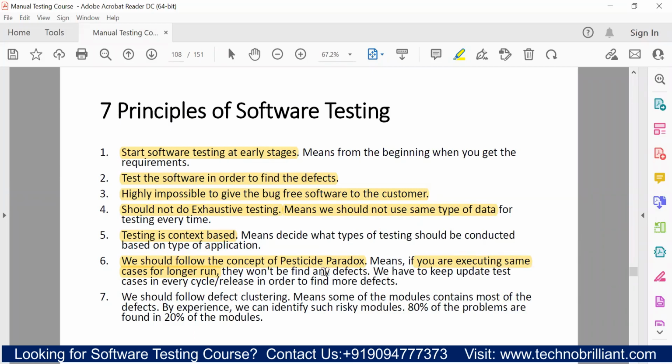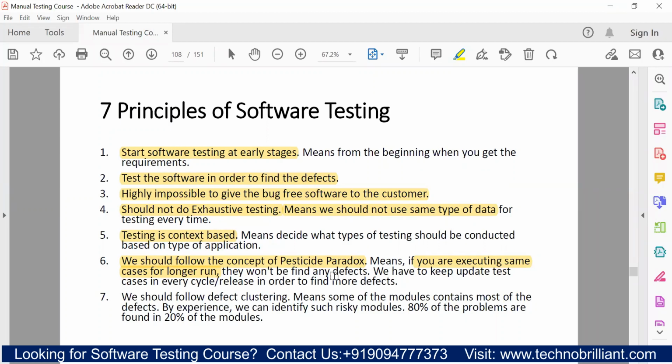इट सिंपली मीन्स जब भी हम लाइक फार्मिंग करते हैं, राइट, जब भी हम खेत में पेस्टिसाइड करते हैं, राइट। सो इन दैट सिचुएशन ये होता है ना, अगर सिमिलर पेस्टिसाइड हम यूज करते हैं फॉर आवर फार्मिंग, राइट। सो इन दैट सिचुएशन क्या होता है ना, जो भी पेस्टिसाइड है पर्टिकुलर है, उनको आदत हो जाती है। लाइकवाइज हमें टेस्टिंग में भी है ना, सिमिलर सॉर्ट ऑफ टेस्ट केस अगर हम मल्टीपल टाइम्स एग्जीक्यूट करते हैं ना, तो उससे क्या होता है, तो डिफेक्ट न मिलने के चांसेस ज्यादा होते हैं।